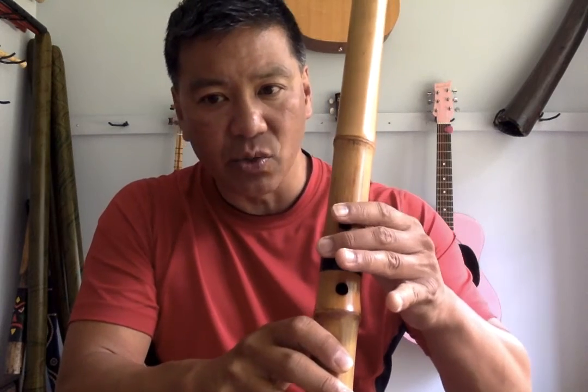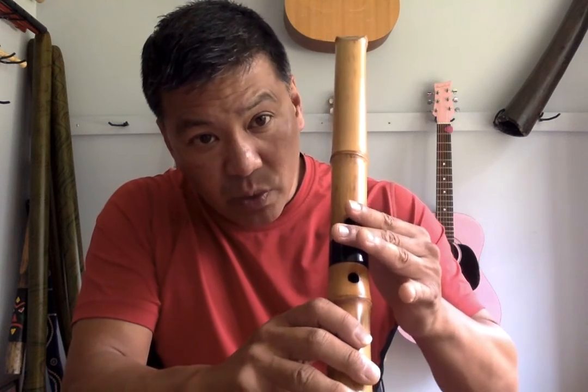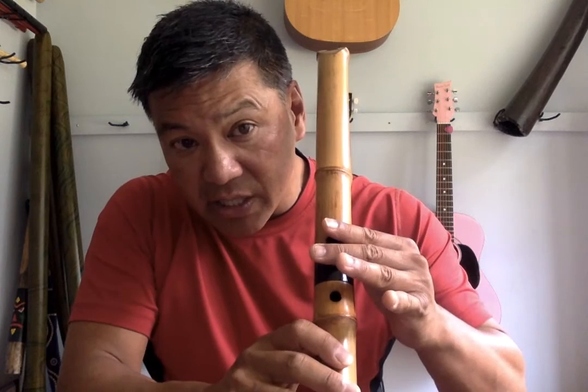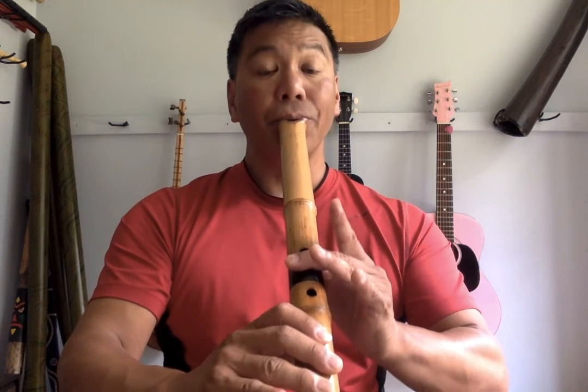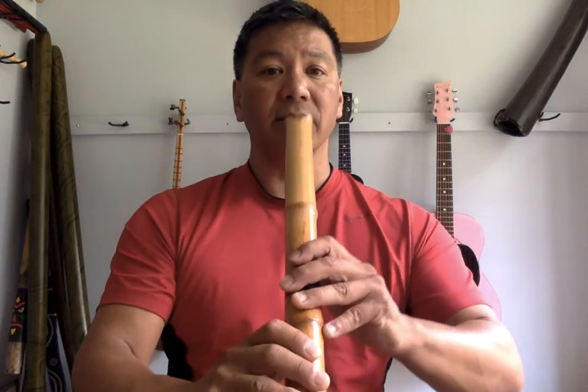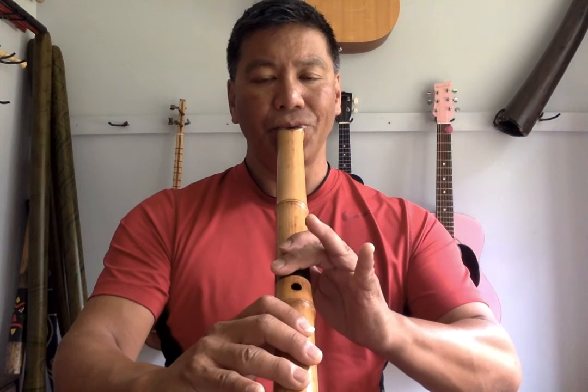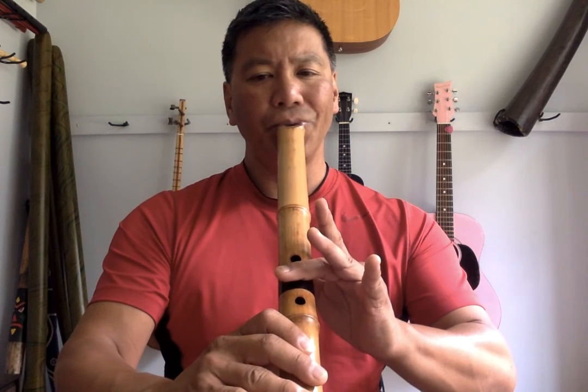Next 2 lines end with the re-meri to re ending. And it's re-meri, you want to hinge shade this hole, so straight finger hinge shade, head down, the jaw. That first line sounds like this. And the rest of the lines are fairly self-explanatory, but those are the techniques that you will need